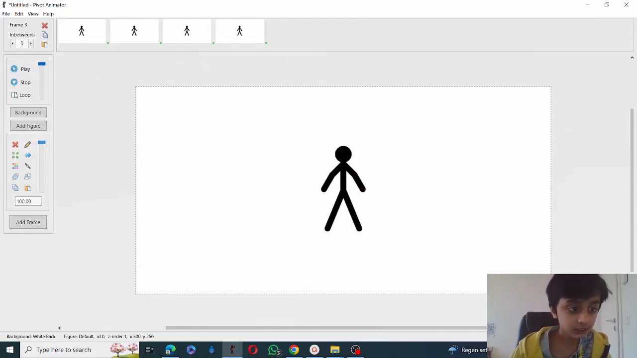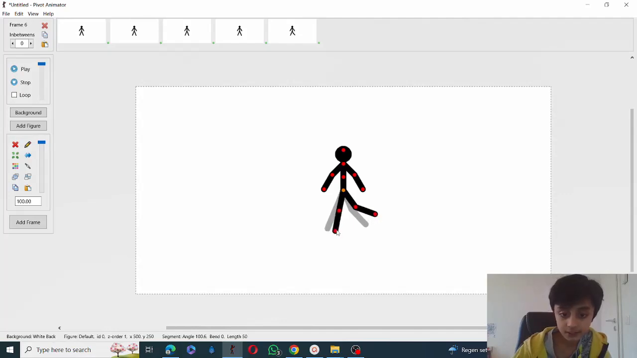So you could just unloop it if you want. Then you could just do this. You can move the character around and add frame and add frame. We're making a kick animation, which will be simple for you guys. And now this